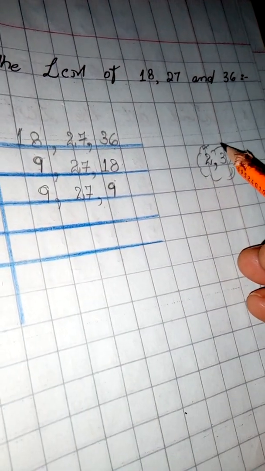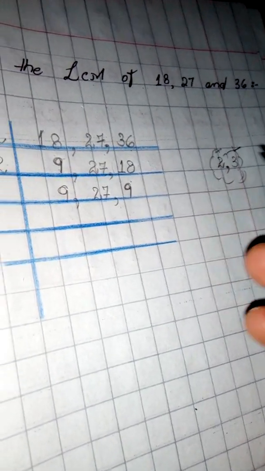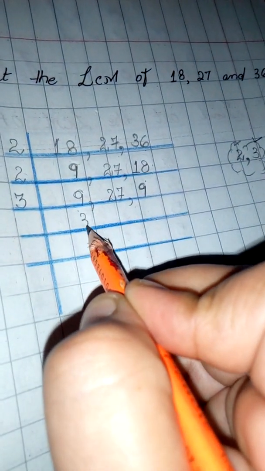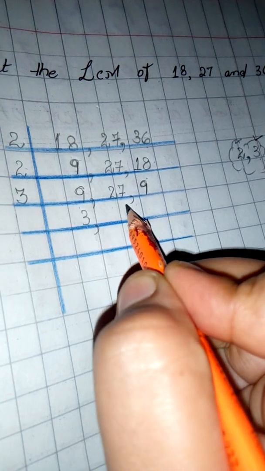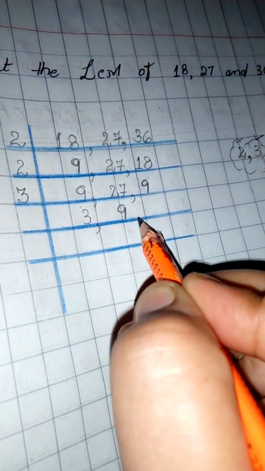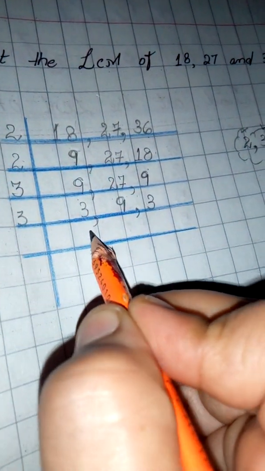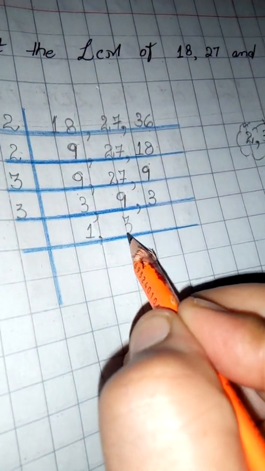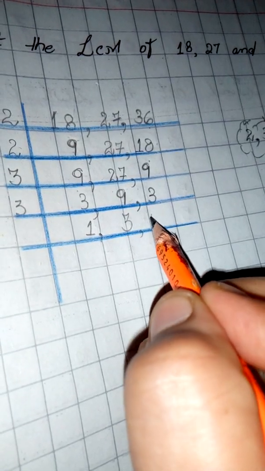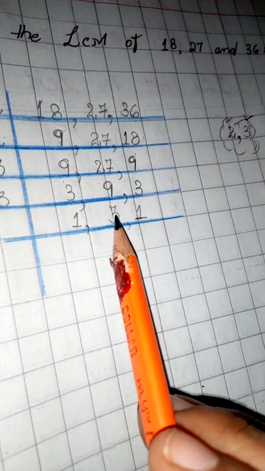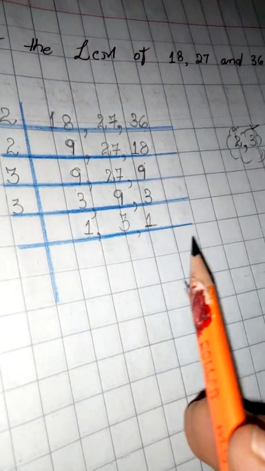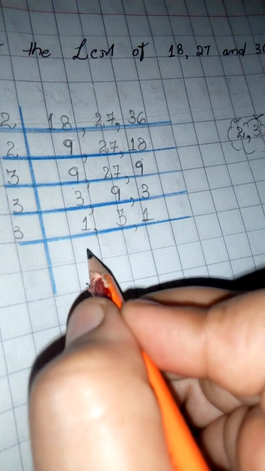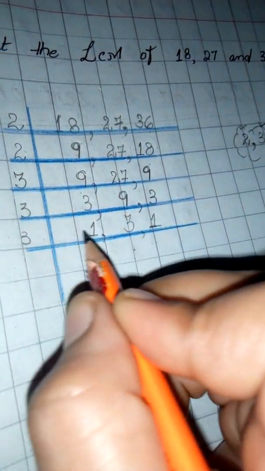So I'm going to choose my next prime divisor, that is 3. It will be written on this side. Now in the table of 3, 9 comes by 3, so 3 will be written over here. 27 comes by 9, so 9 will be written over here, and 3 3s are 9. Again I am going to choose the table of 3. I got my first one as a quotient, and 3 3s are 9. I got my second one over here, but this 3 is still left to be converted into 1, so I'm going to choose 3's table again, 1 as it is. Now 3 1s are 3.